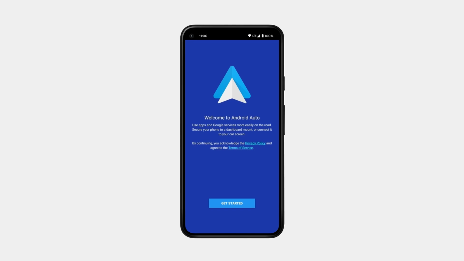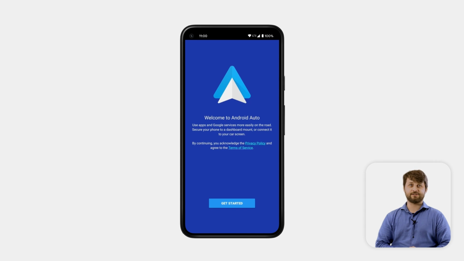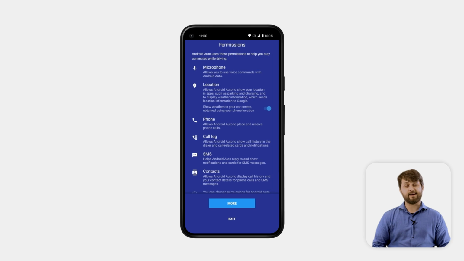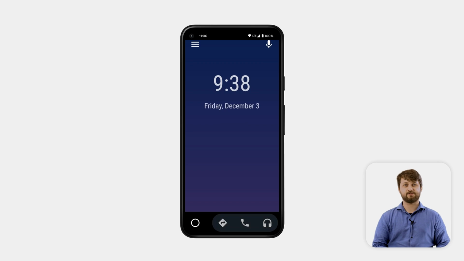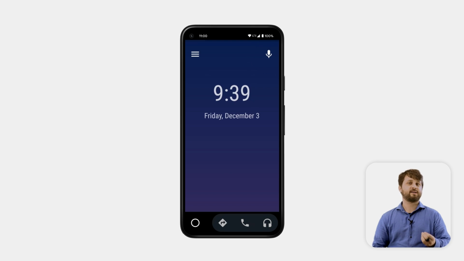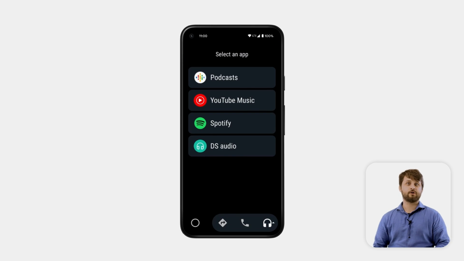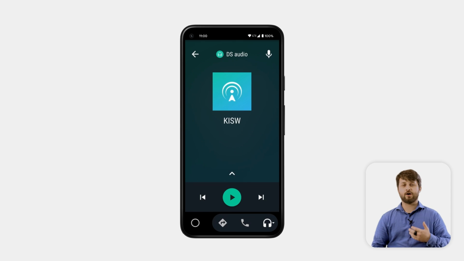Now, last but certainly not least is the integration of DS Audio with Apple CarPlay as well as Android Auto. So you see me right now going through the general Android Auto setup here, and what we're going to do next is we can actually select what source we want Android Auto to play from. And when we do so, DS Audio is a selection option right there. So we can pull the internet radio, our music that we have available through that internet connection, or our downloaded music directly through Android Auto or Apple CarPlay, so that even while driving, you can listen to your music in a safe and easy way.